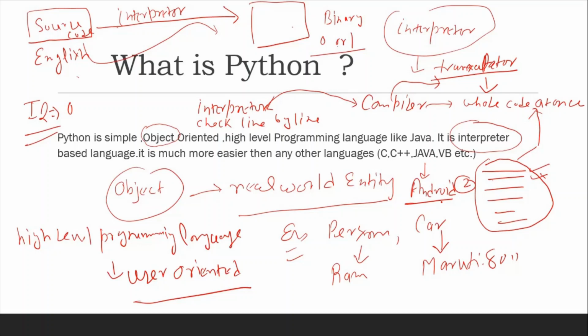So what is Python? I have mentioned here that Python is a simple object oriented high level programming language like Java. Now you are clear that it is an interpreter-based language and easier than other languages like C, C++, Java, VB, etc. I think all students are now clear what Python is, so we will move on to the next slide.